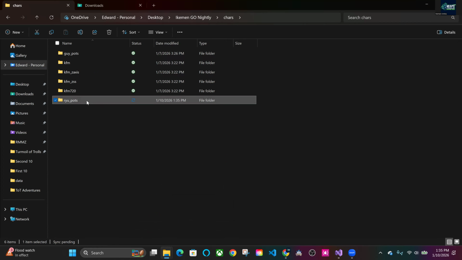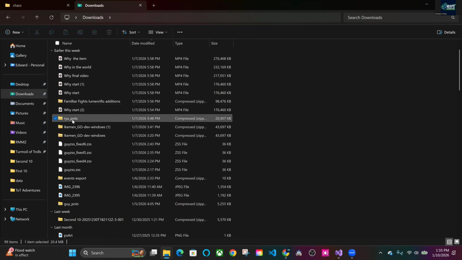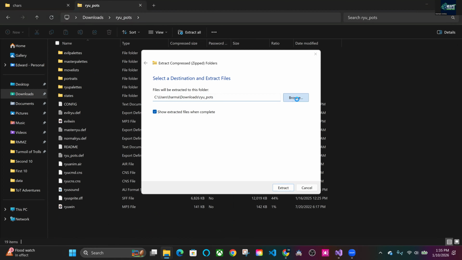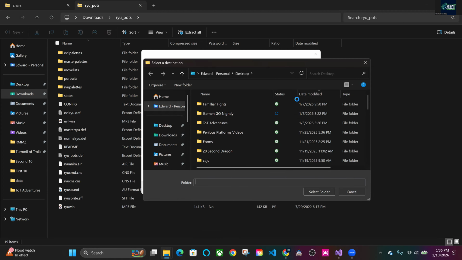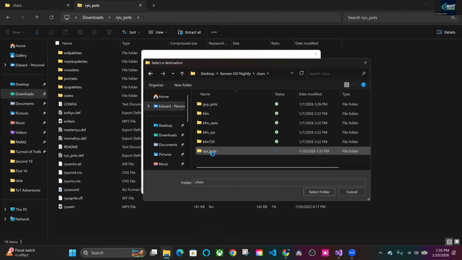Okay. This folder is going to be empty for right now. So we go back in downloads. Let's go ahead and click in. All right, we see a whole bunch of folders that I've clicked through. Let's get to the extract all, browse. And then we find the Ryu Pots folder. All right, we're going to select that folder